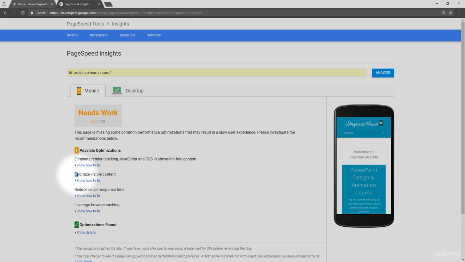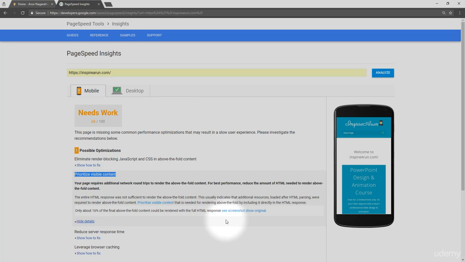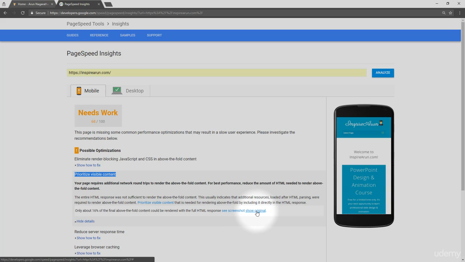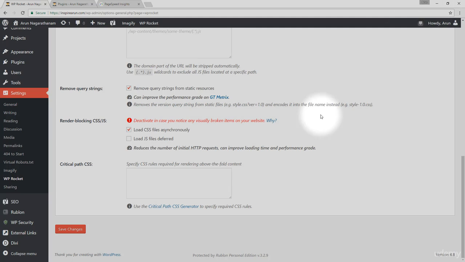See, here is the priority visible content issue. Expand this and you can see the screenshot. You could notice the website loading without any CSS styles at first, but eventually displaying correctly with all CSS styles. Though the flash of unstyled content is only for a few milliseconds, some users may notice it. To counter this issue, we need to add the critical path CSS in this box, or just disable the Load CSS